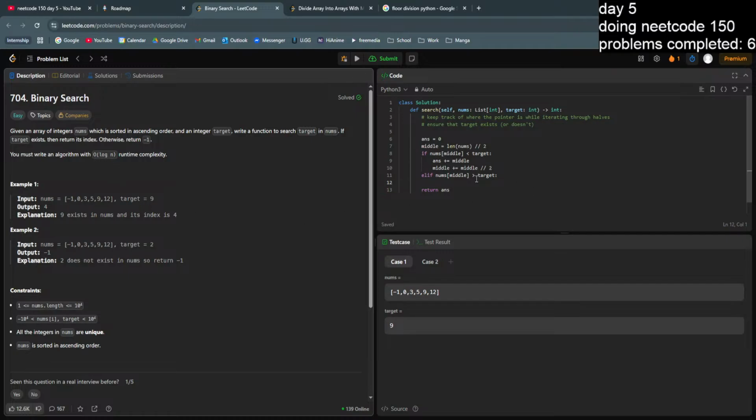So okay, look. And then here we just do middle equals middle divided by 2. Else